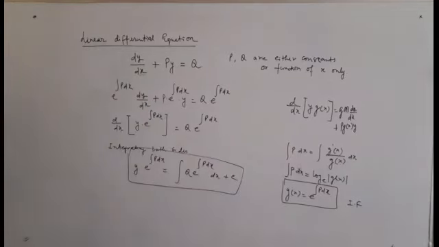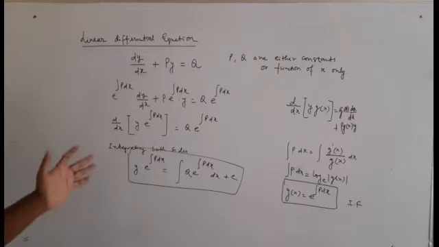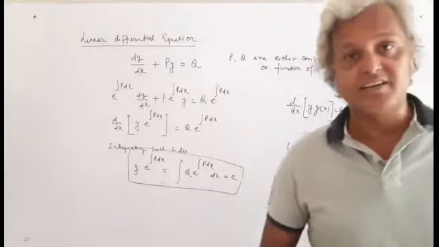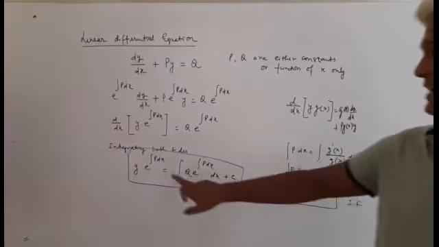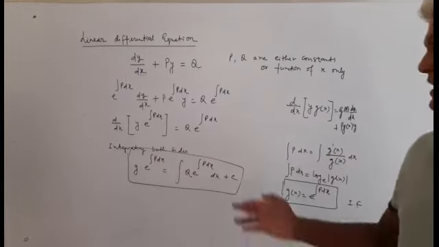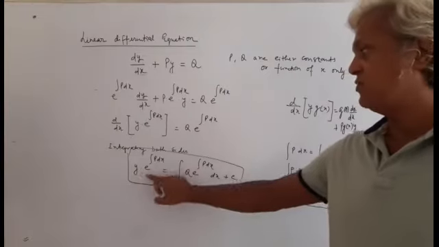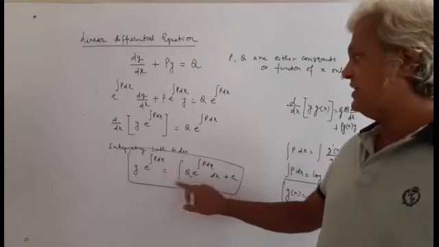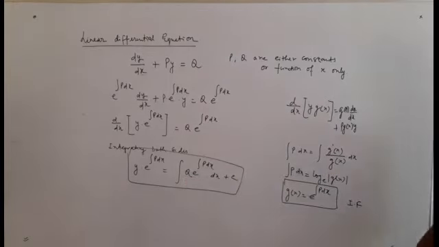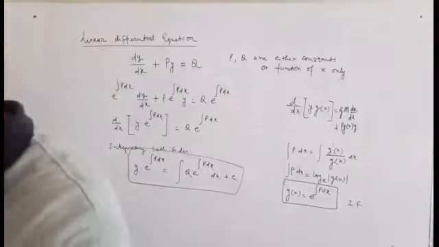This looks a little bizarre, but this is not the way to do it. The simple way is that first you find your IF, that is the integrating factor. How do you find the IF? It is e to the power integration of p dx. Then you put it into the final formula: y into IF equals integration of q into IF, and then just attach c, the constant of integration, and the question is solved.